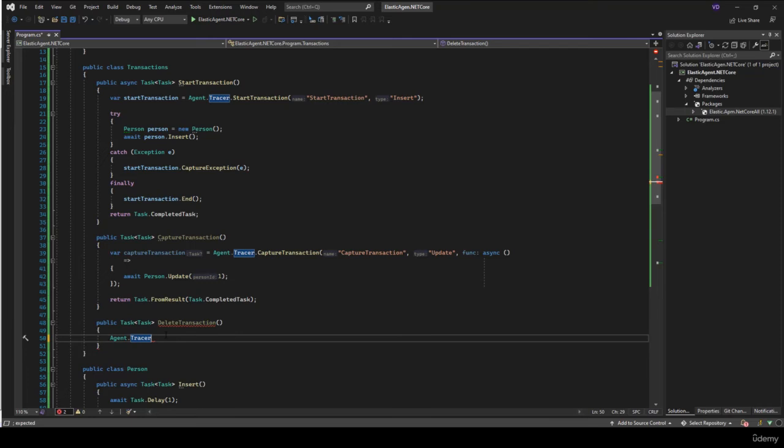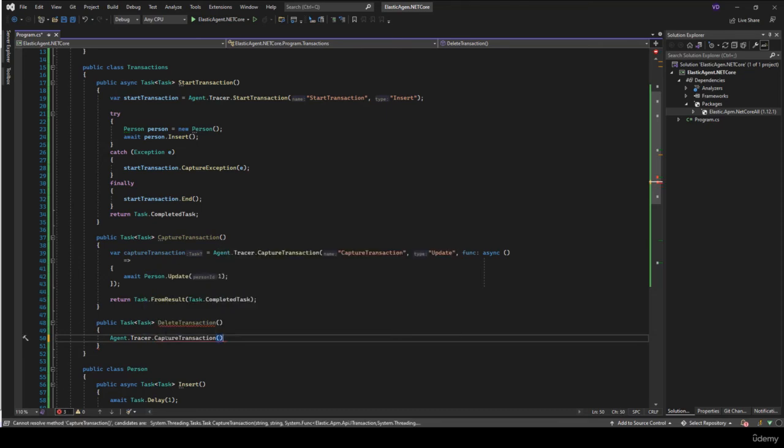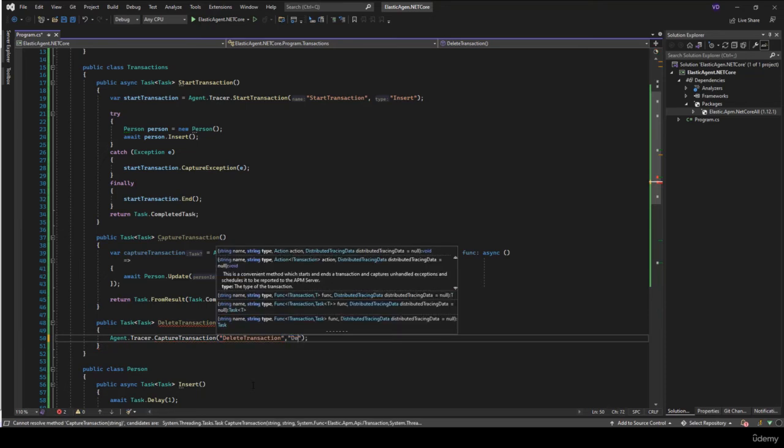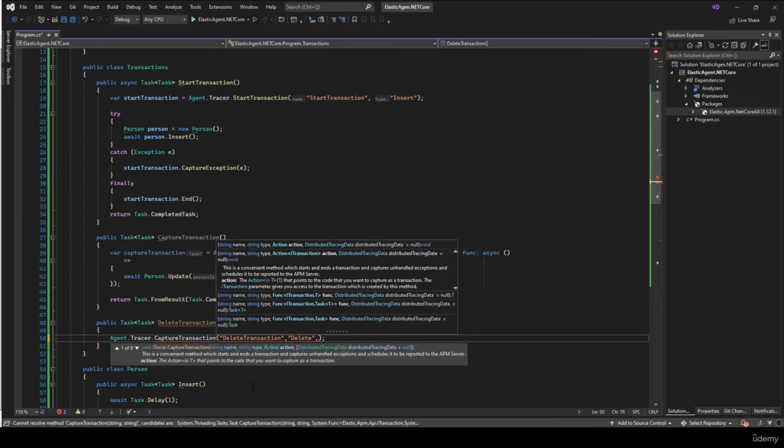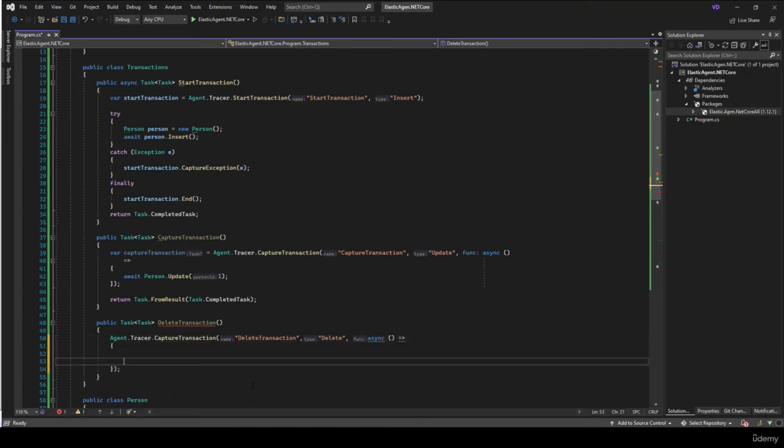Oh, actually I just want to do the same one. So capture transaction, and then I'll show you how you capture a span of a transaction, but that's going to be in a little bit. Just bear with me. So we set delete, and there we go. And then we set the async lambda expression functionality, whatever goes inside this,